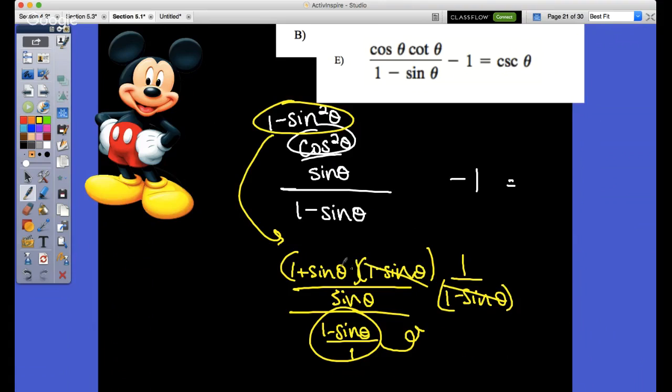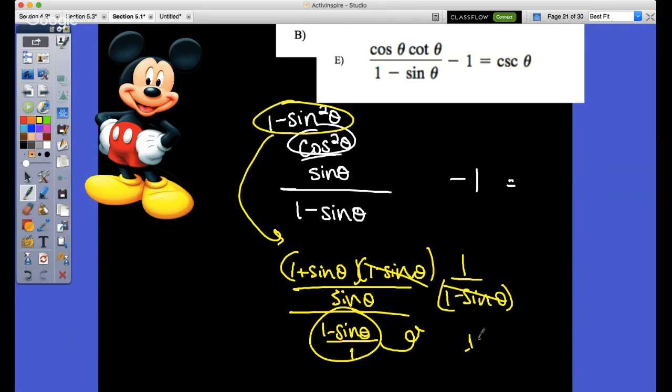Since they're being multiplied, I can actually cancel out. And then that would leave me with 1 plus sine of theta over sine of theta, and then minus 1, I could get common denominators and go from there. So that would get me to my answer, because then I would have, I'll